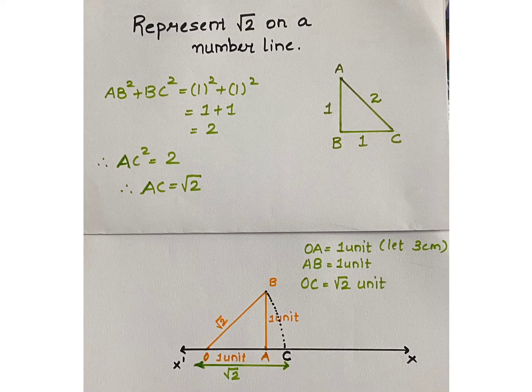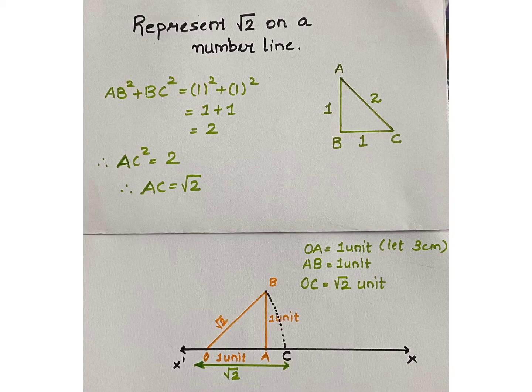We are already knowing 1. So on the x axis, at the point, consider the right angle ABC. These are the steps: AB is equal to 1. Now we will apply the Pythagoras theorem. According to the Pythagoras theorem, AB square plus BC square is equal to AC square. Here B is a right angle or 90 degrees. So AB square plus BC square.